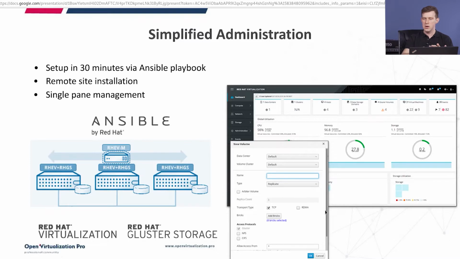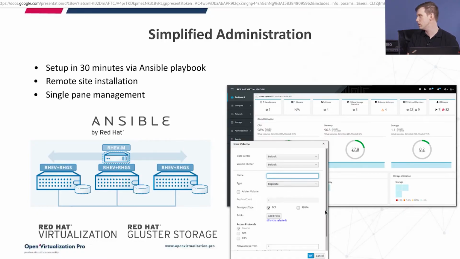Okay, so when we are talking about this bundle like Rev and Gluster, you may think that we've got storage and we've got a virtualization platform, so we need to manage both of them in parallel, some kind of two different consoles or something like that.